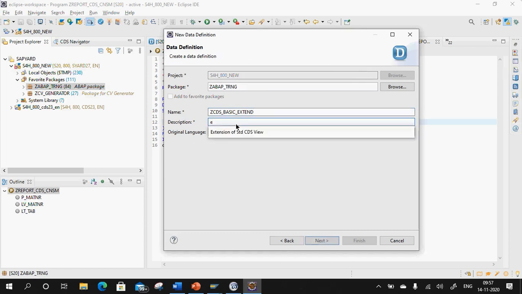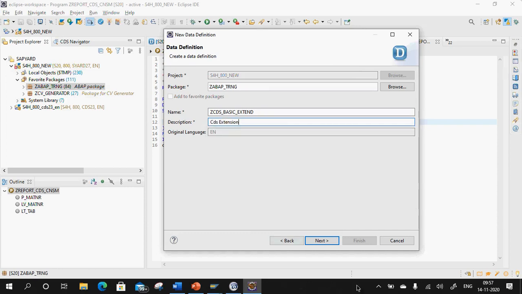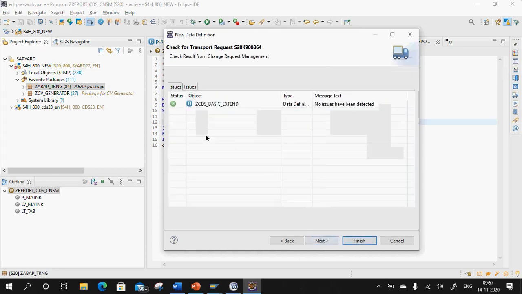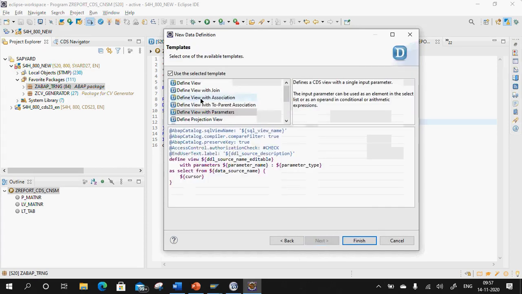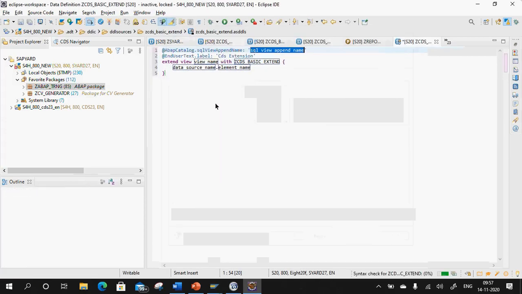Extend, CDS extension. Now here, extend view. Click on this Extend View, then click on Finish.